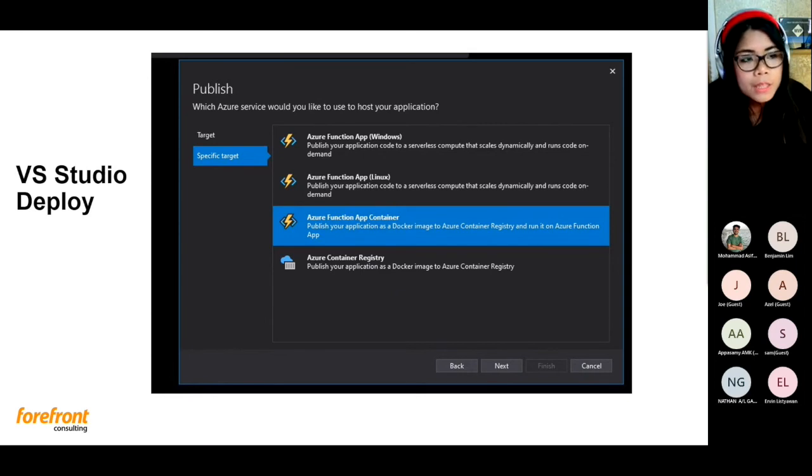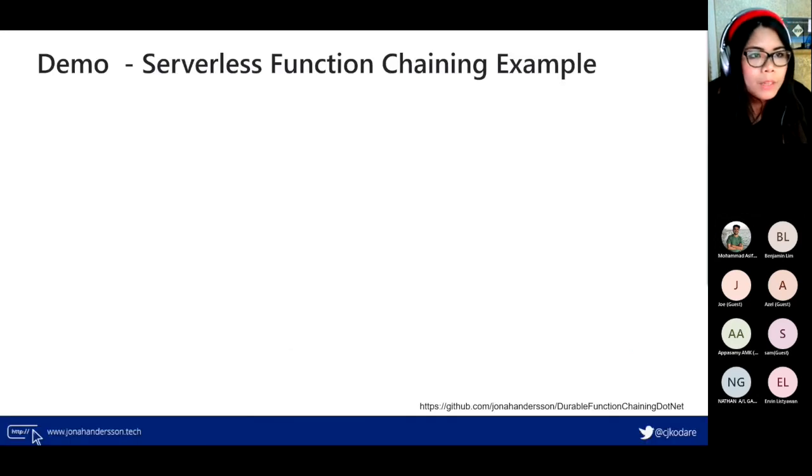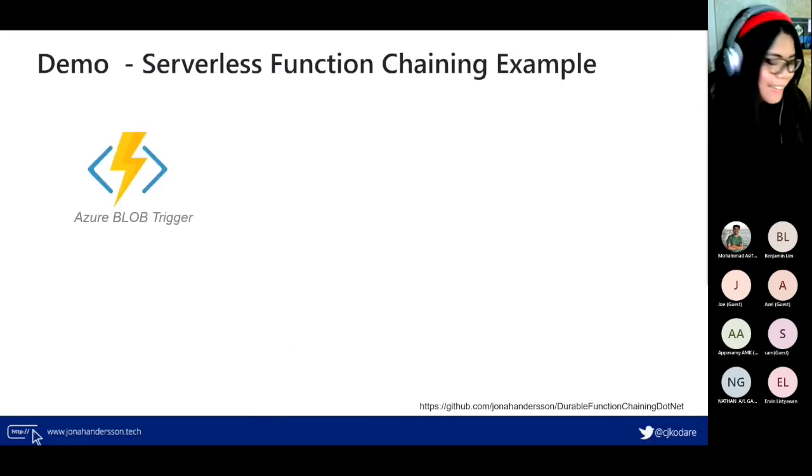So that's a good thing to know, that you can put it in a container. And just like other applications, you can set up CI/CD with GitHub Actions, with GitHub workflows. You design your workflow, or you can generate a pubxml file to deploy it using the publish button or a publish profile. So now it's time for the demo.